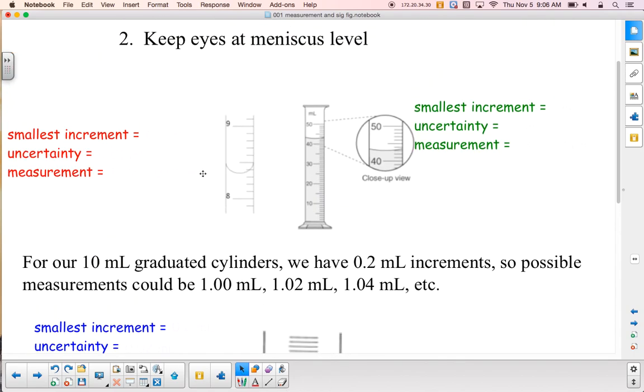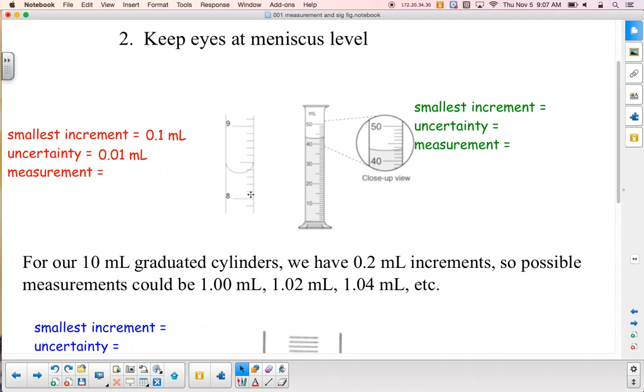This first graduated cylinder is marked at 8 milliliters and 9 milliliters and has 10 little tick marks in between. So here's a situation where my volume smallest increment is 0.1 milliliters. My uncertainty is 10% of that, or 0.01 milliliters. Now I want to take my measurement. I know for certain that the meniscus is above the 8, but not yet to the 9,